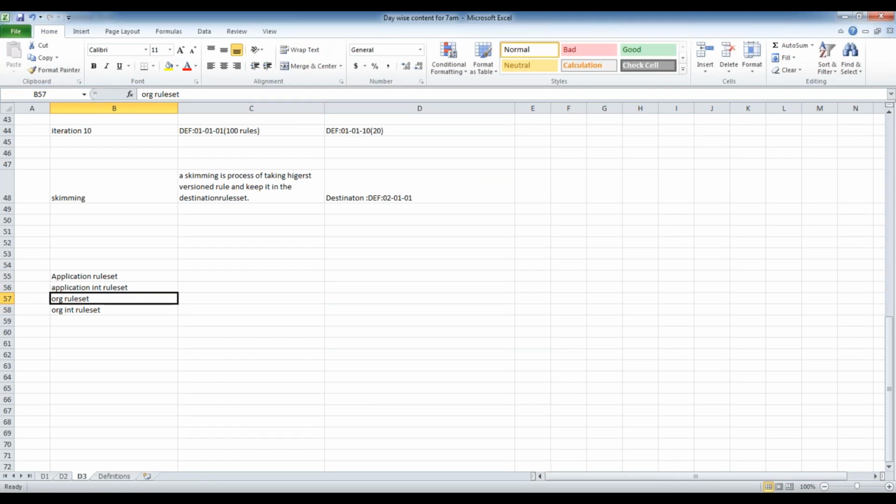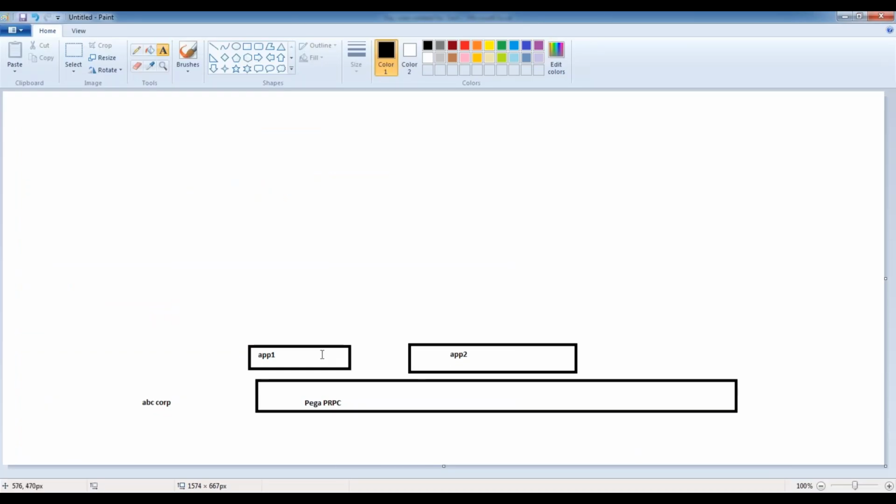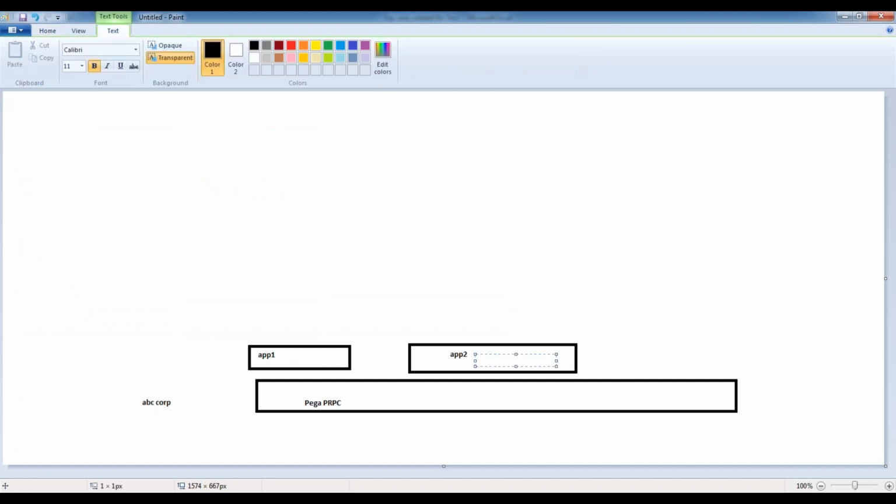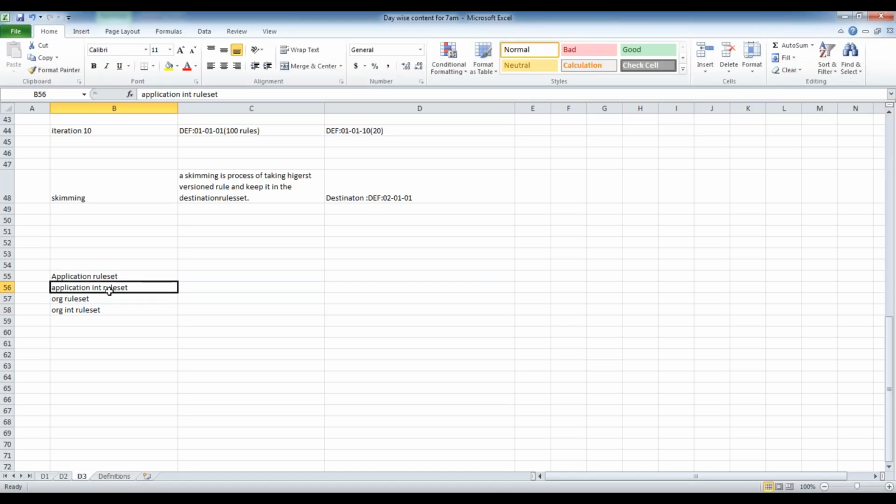The benefit is we don't need to create the same rules again. While creating application 1, I stored some rules in the organization rule set. For application 2, I don't need to create them again because the organization is the same, so the organization rule set is also the same. The application rule sets will be different, but the organization rule sets will be the same for a second application. I don't need to replicate the same rules again.